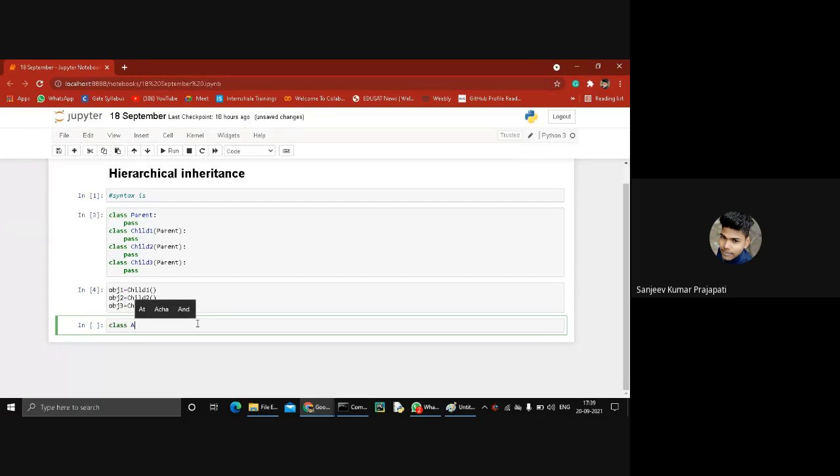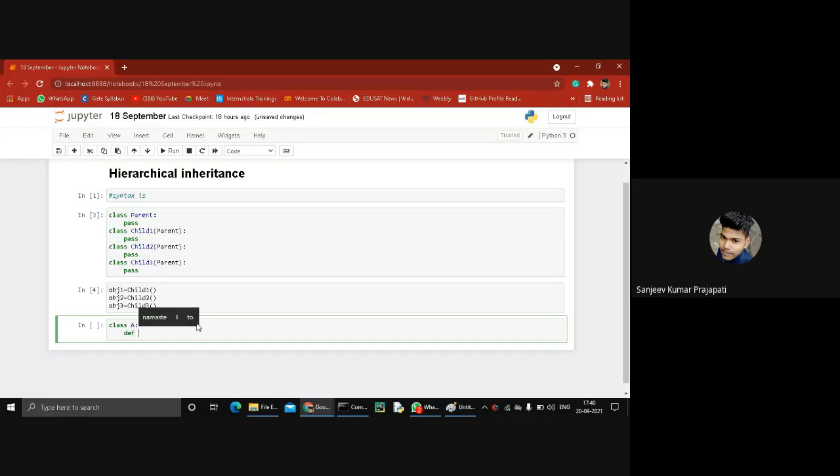Create class A, and after that we create a function, name, and it contains three arguments. Number one self, and then first name, and second name, and last name.